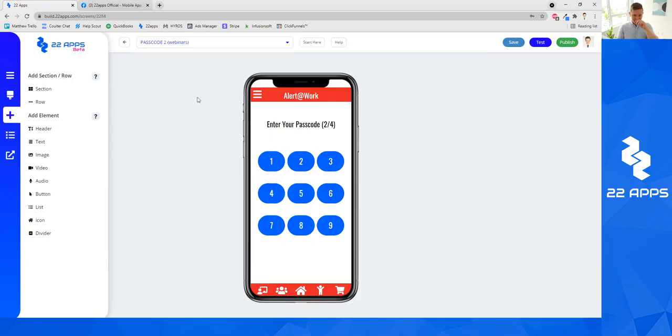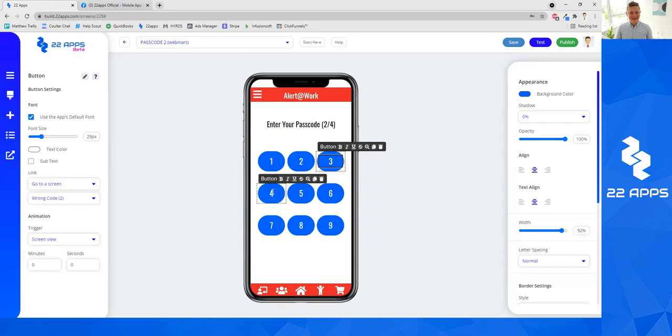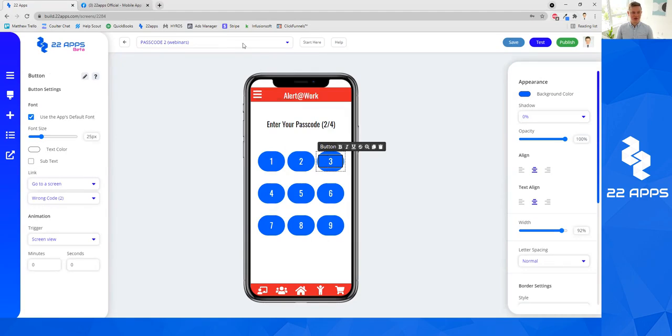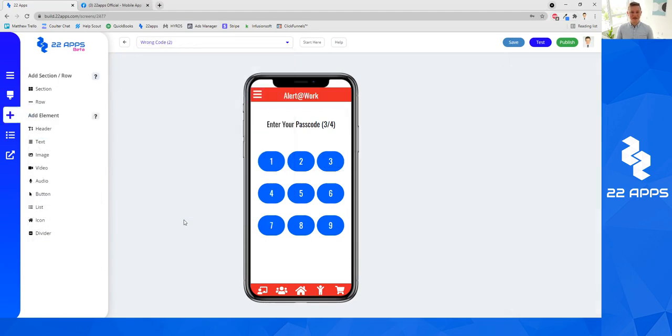Whereas if they go through and select, as an example, in enter your passcode, we can see here that the next digit of the passcode is 9. So if they click anything else other than 9 and number 2, it'll bring them over to wrong passcode 2, which is going to ask them to enter the 3rd digit. So however you want to design this is entirely up to you, but this is a system that you can now use to have people who have the right access code get access